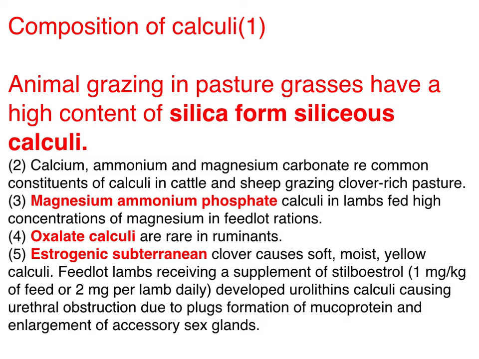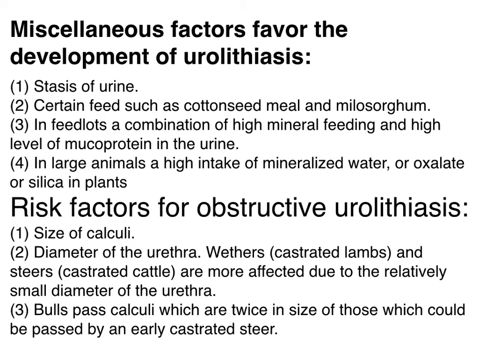Estrogenic subterranean clover، بعض أنواع من النباتات causes soft moist yellow calculi. Feedlot lambs receiving supplements of stilbestrol, 1 milligram per kilogram of feed or 2 milligram per lamb daily, develop urolithiasis causing urethral obstruction due to plugs and formation of a mucoprotein and enlargement of accessory sex glands. الماسكلينس فاكتور. أما العوامل المختلفة اللي تسبب لنا حدوث أو تطور اليوروليثيسيس الحصى وهي